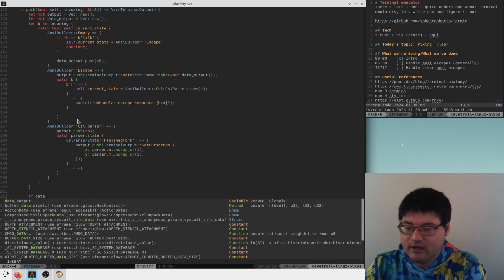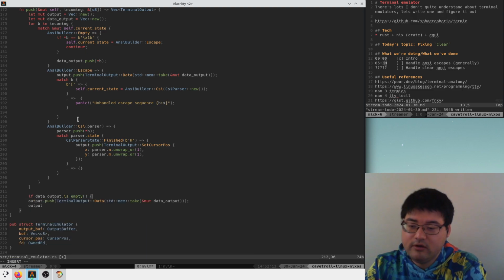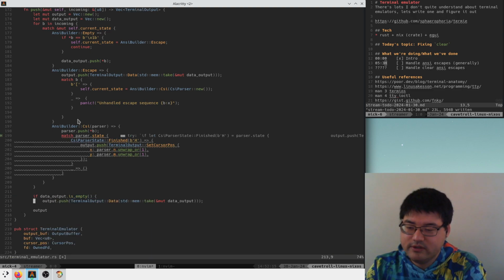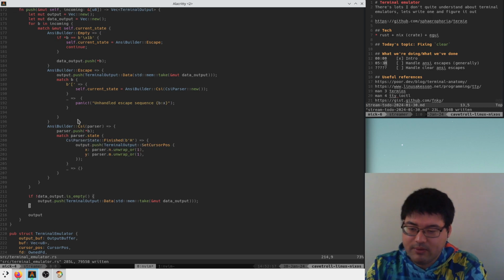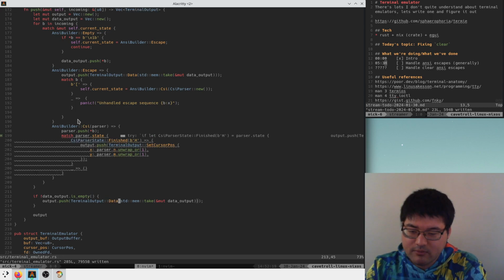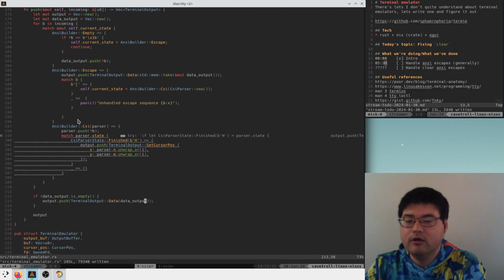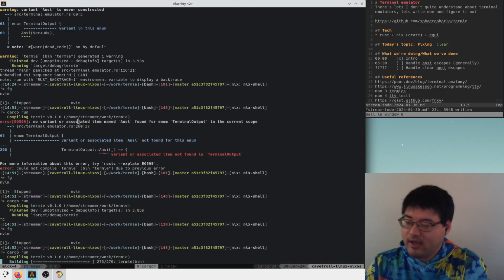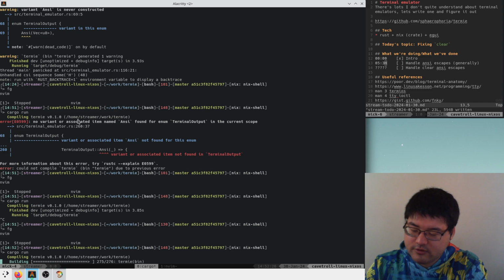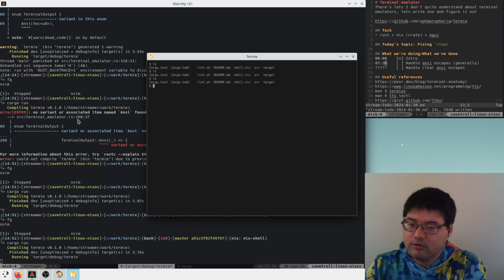So say if data output is empty, do this. Take the data out and append it to the end. And we don't even have to do the std mem take anymore. We can just say data output. Okay. So hopefully now, okay, normal case is still working. And if we type clear,